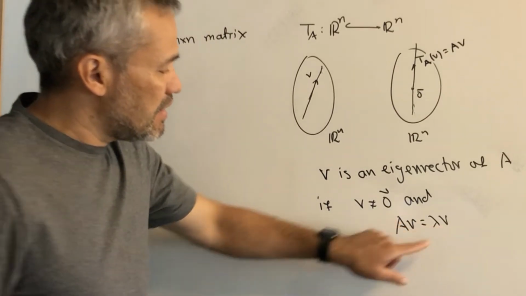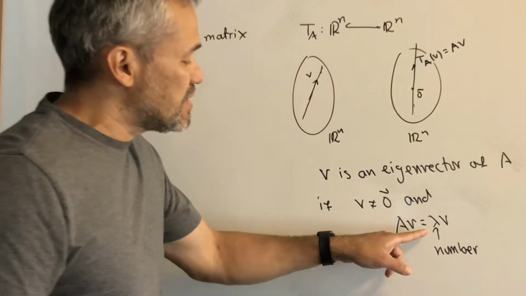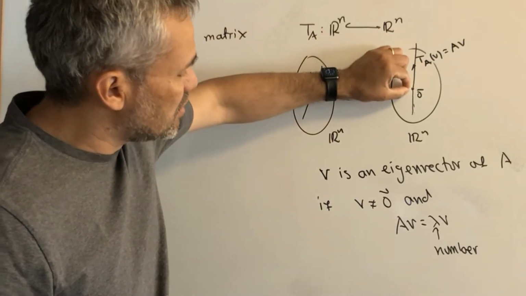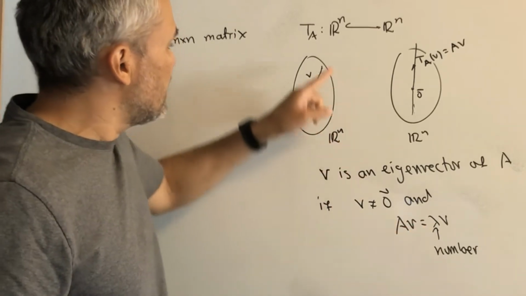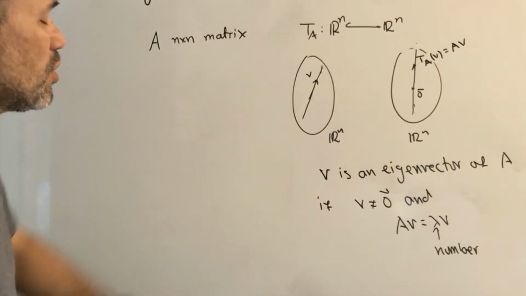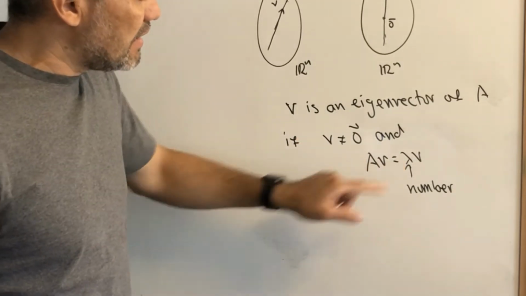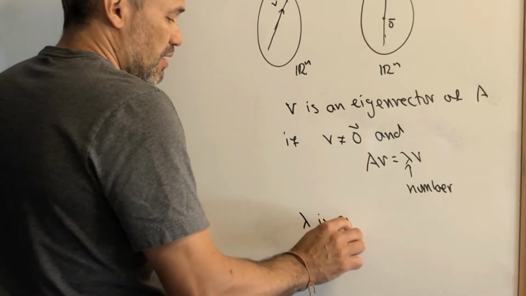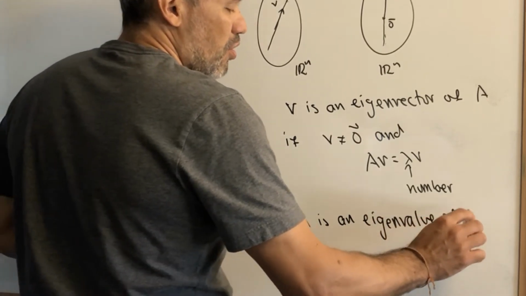Notice that this lambda is a number, and this number can be 0. In that case, the whole line generated by v will go to just the point 0. Or, in general, if v is an eigenvector, then the whole line will go to the same line. Then this is the notion of eigenvector. And anytime we have an eigenvector, this lambda is called an eigenvalue. Lambda is an eigenvalue of A